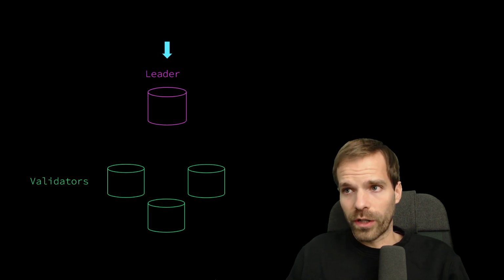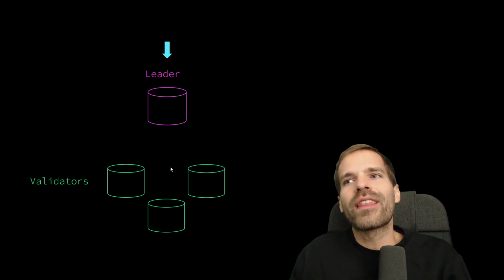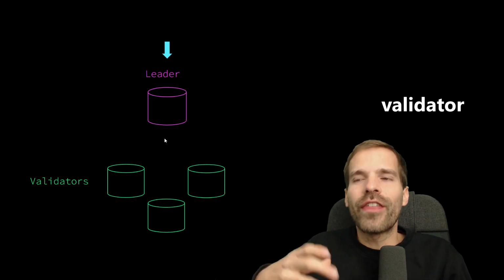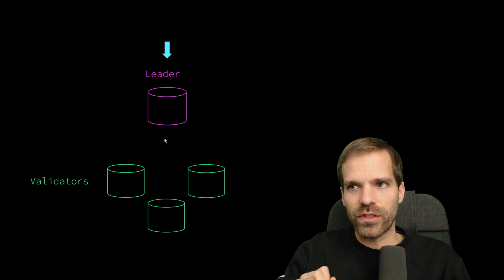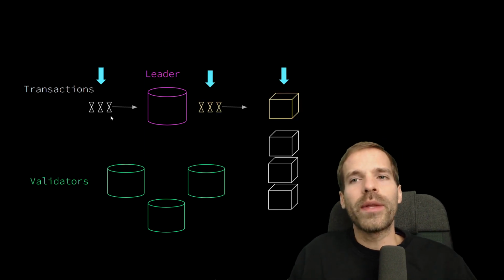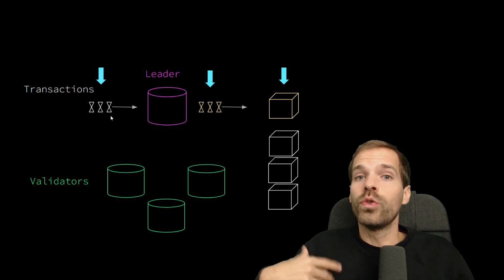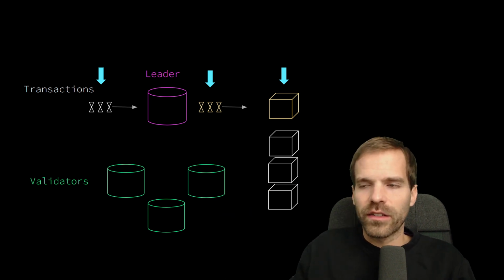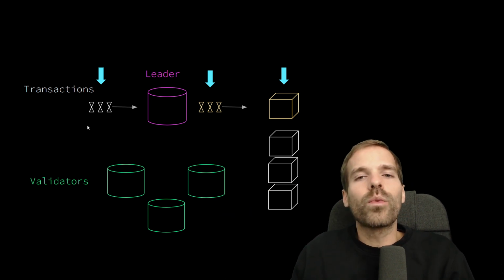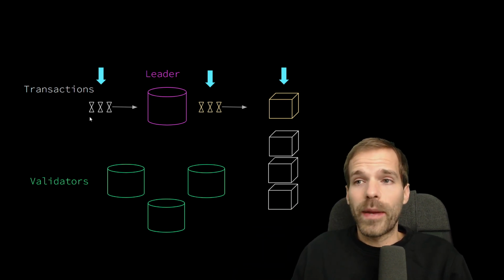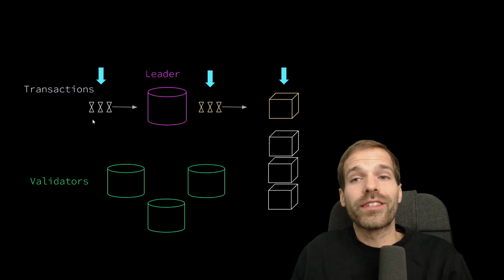Cool, so how does that work? We have timing slots, and for every slot there is a leader. A leader is the one that is allowed to suggest changes. So if transactions are coming in, and transactions are what users like you and me might submit to Solana, the cluster of validators, transactions are what we can send to change the state. That transaction contains the information what should be changed and also the signatures from those accounts that are allowed